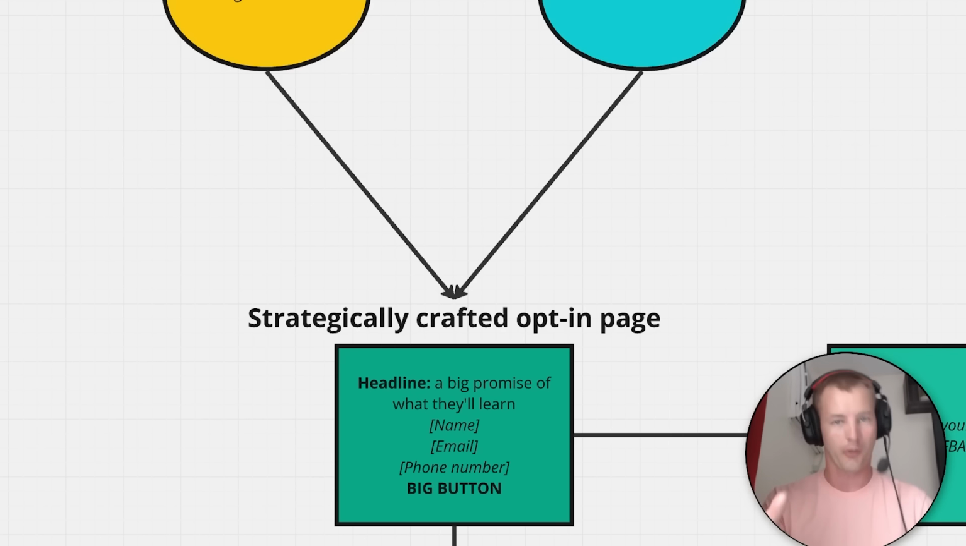I keep mine very simple. There's a headline that makes some kind of big promise. There's a name capture, an email capture, and preferably also a phone number capture, and then a big button. My opt-in buttons are always huge. It improves conversions. I say it's strategically crafted because